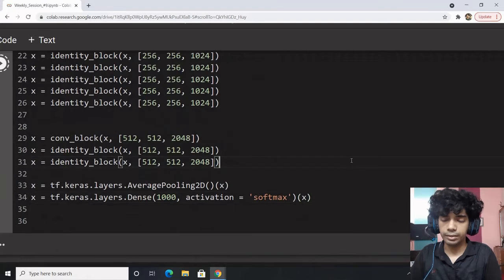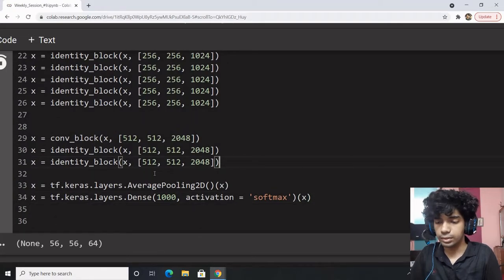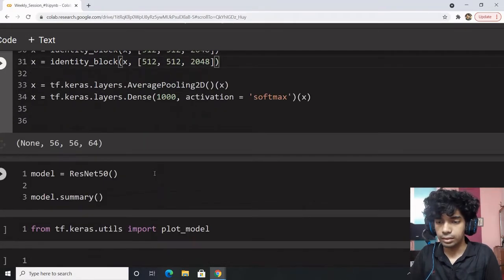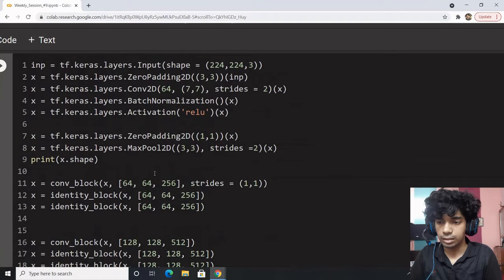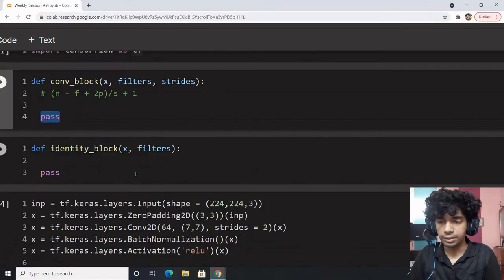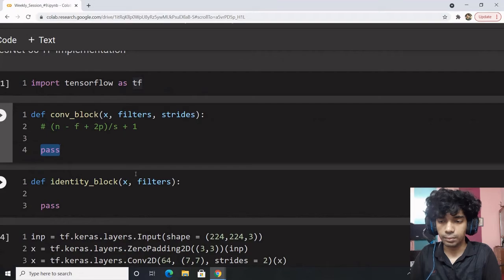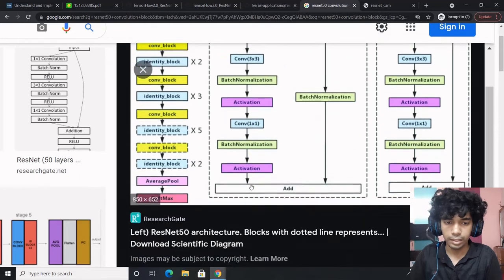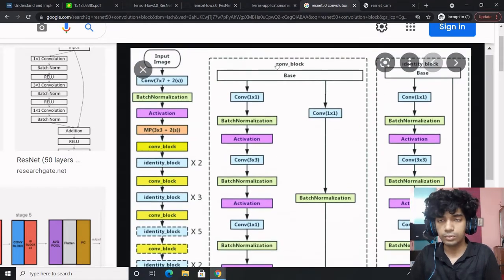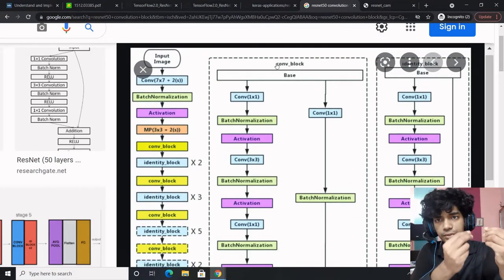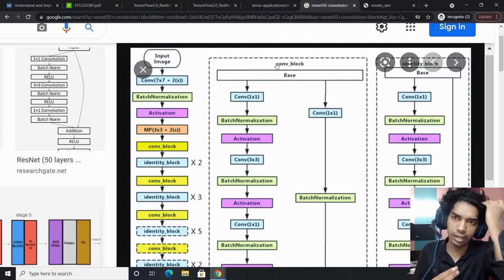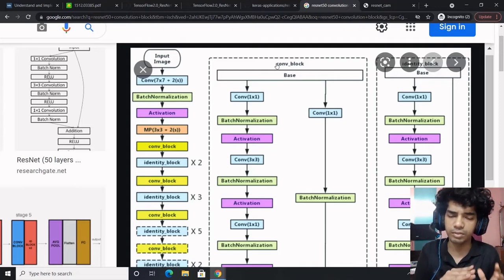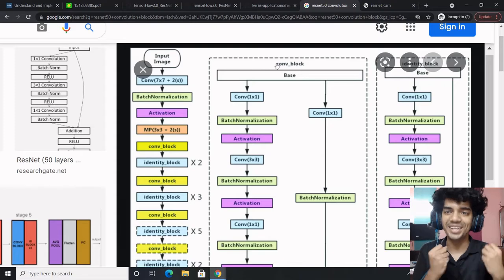However, if you try to implement it, it won't work because we have not defined the convolution block, neither have we defined the identity block. So let's define the convolution block. In the convolution block, we have two paths, which will be evident from here. This is the convolution block and this is the identity block. The rule which ResNet specifies is you have a convolution, then batch norm, and then the activation. This is the order specified by the ResNet paper, which is highly debatable.